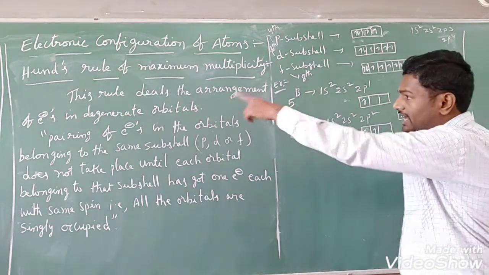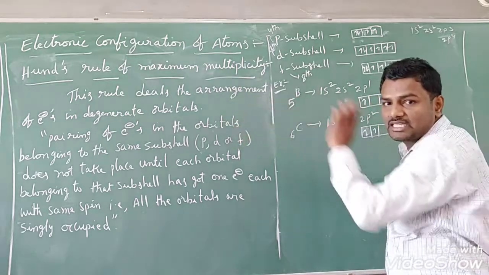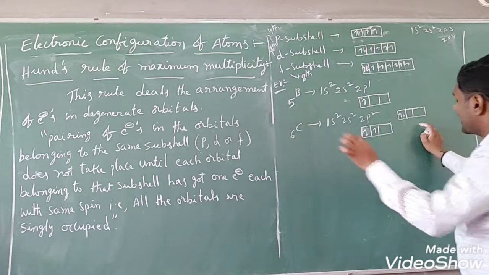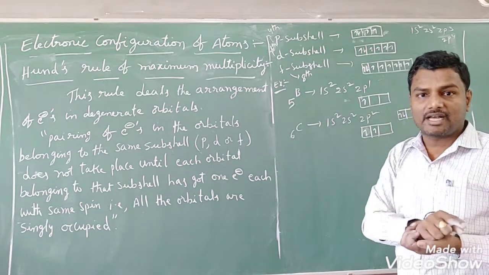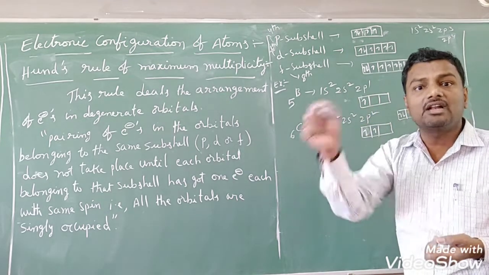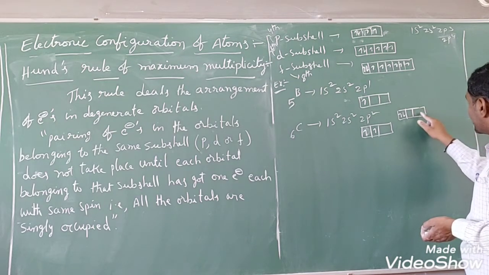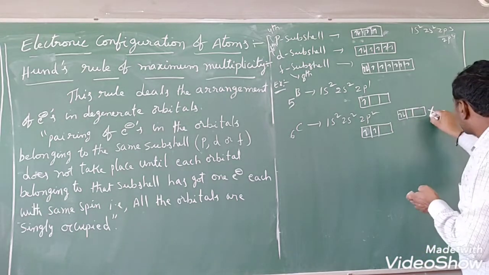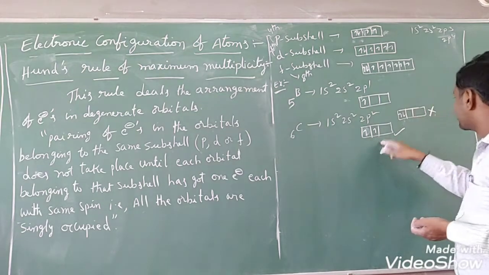So that's why Hund, a scientist, proposed one rule. This rule governs the arrangement of electrons in the degenerate orbitals, students. So what is that Hund's rule? According to Hund's rule, in the case of degenerate orbitals, you should first enter one electron in each orbital. After getting one electron in each degenerate orbital, only then is pairing taking place. So without accommodating one electron in all the degenerate orbitals, how is the pairing taking place here? So this did not obey Hund's rule. So this is wrong. This is correct, students. This is correct. This is wrong.